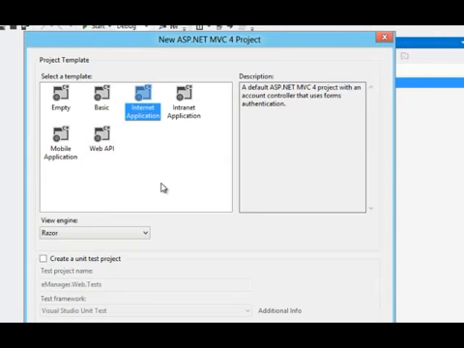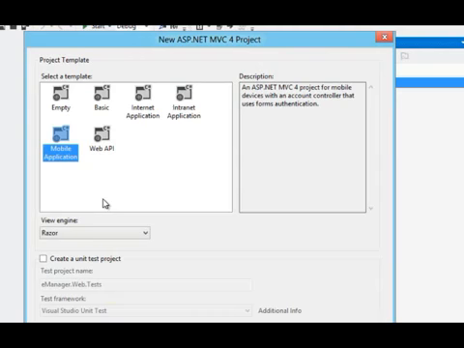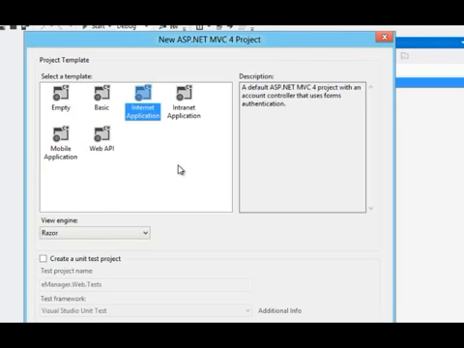It has an account controller that allows users to sign in, allows users to register for your website. An Internet application assumes you're going to publish this somewhere on the Internet. The intranet application offers many of the same features as the Internet application, but intranet assumes you're inside of a firewall, you have Active Directory available, and your users will primarily come into your application as authenticated Windows users. There's also the mobile application project template, which we'll talk about in the mobile module of this course, and the web API template, which we can talk about in the web API module. So I will create Internet application